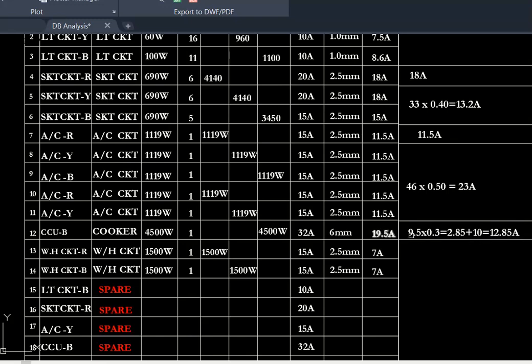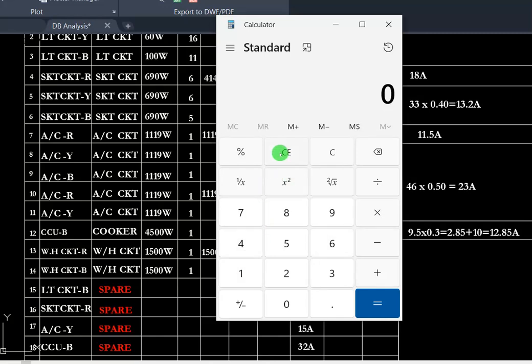So let's go. This minus 10, we're going to have 9.5. Now, 9.5 multiplied by 30%, that is 0.3, we're going to have 2.85 amps. So this 2.85 amps is the 30% of the remainder. Now, that 30% plus the 10 amps that was subtracted previously, if you add them together, we're going to have 12.85 amps. All right. So get a calculator. Let me make it more simple. Remember, we have